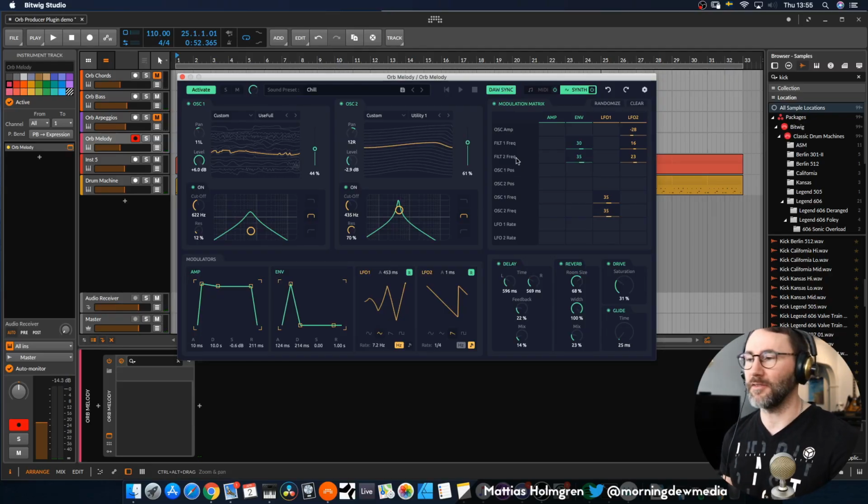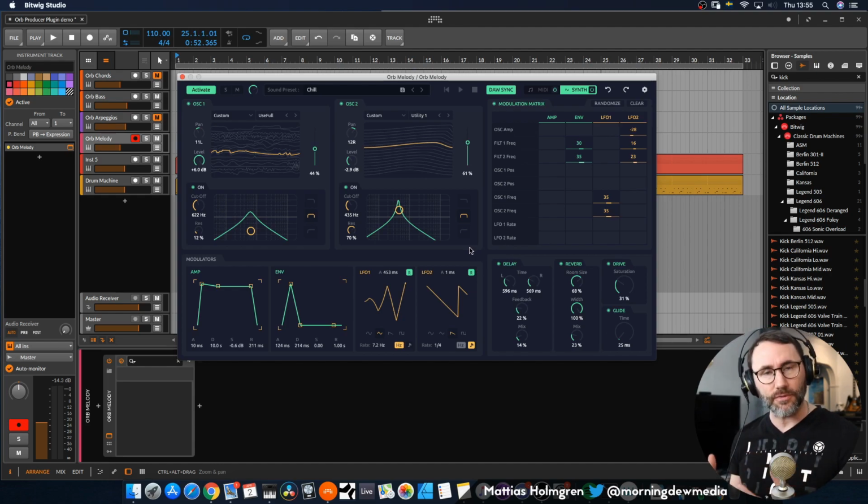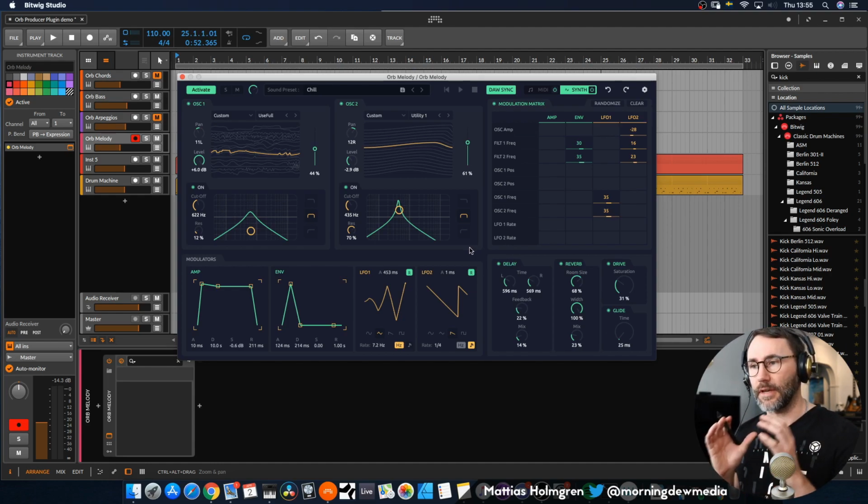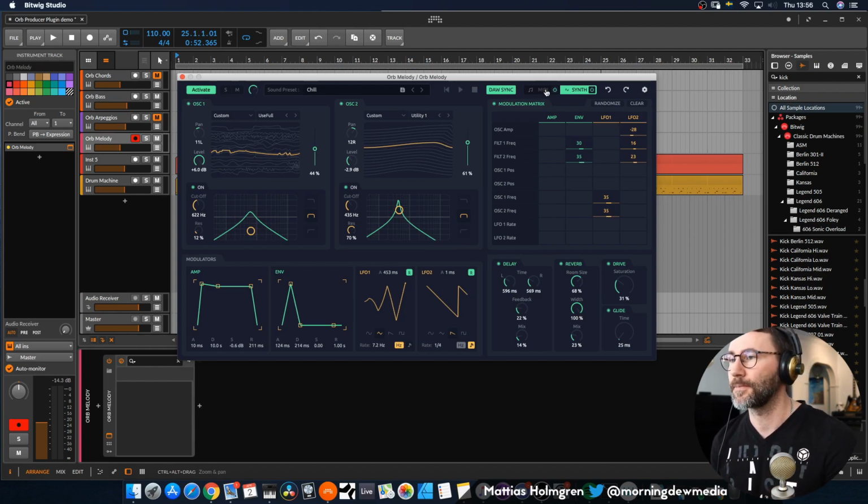Yeah, so you can have really fun with these synthesizers, which is quite capable within the Orb Producer suite. So not only do you get this AI tool for generating your ideas, but you also get this integrated synthesizer.